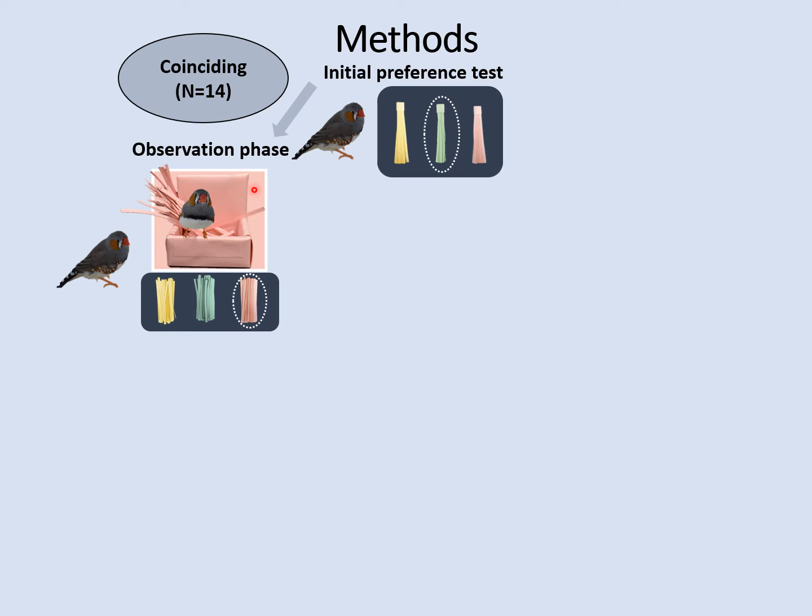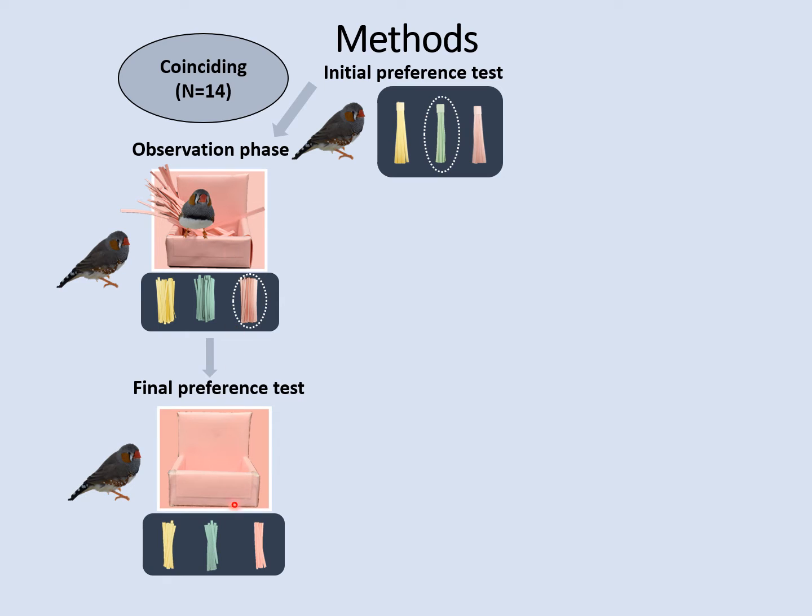The demonstrator building with pink material was the social information. Finally, the observers entered the final preference test where they were given 20 pieces each of all the three colored materials that were now accessible and a colored background which acted as the asocial cue. The background color coincided with the social information, which was the demonstrated material, and both of which are pink in